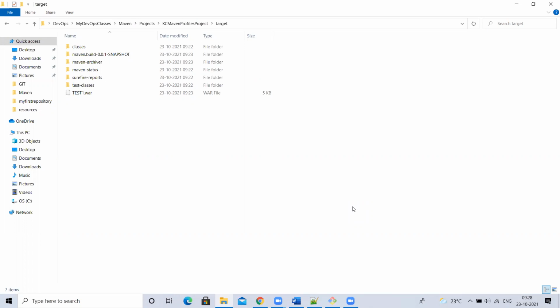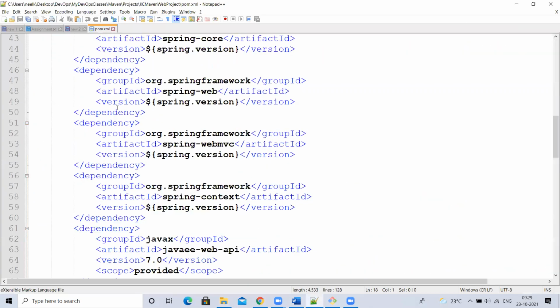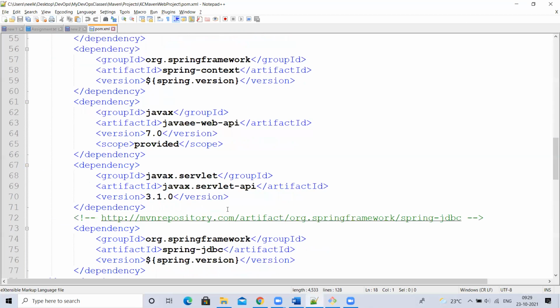My friend has given me a jar file which has some name, like artifact ID version dot jar or a custom name, something he has generated and given to me, right? Now I want to place that in the Maven local repository because I want to use it as one of the dependencies in my project. If I place it in the local repository, Maven will take it from there and will not go to the central repository. If I don't place it in local, it will go to the central repository. That artifact is not there in the central repository, so Maven will throw an error, right? So let me place it in the local repository. I'll manually place that.